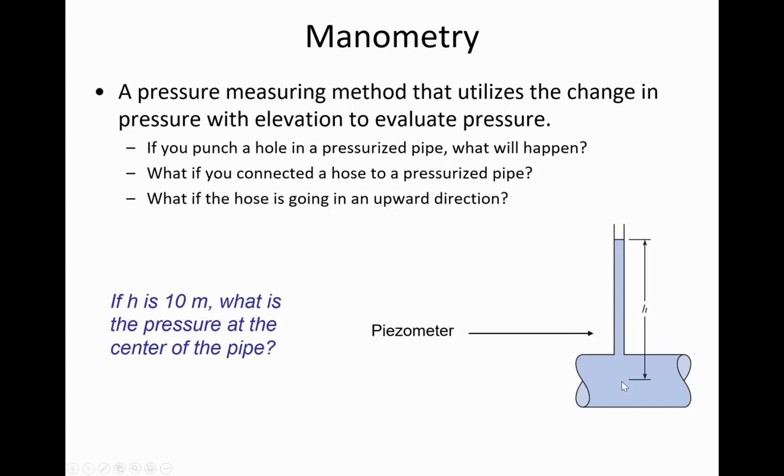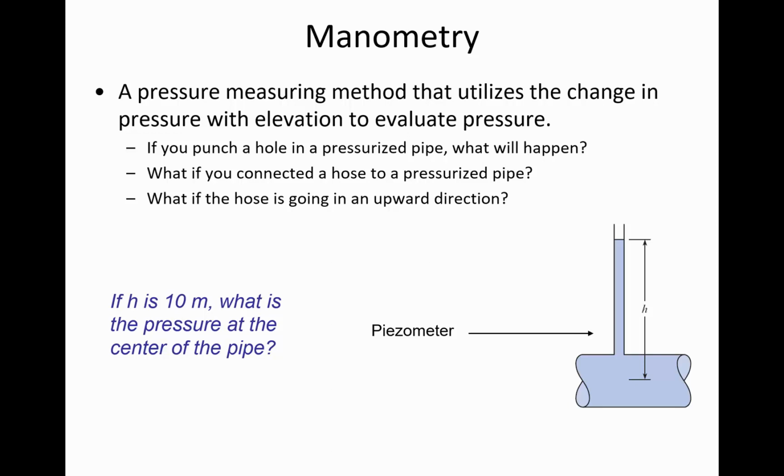Even if the water's flowing through this pipe and it's not static, conditions inside of the piezometer tube are static. And so the hydrostatic equation will apply for what's happening inside of this piezometer tube. So we can use the formula of delta P is delta H times gamma. And so if you have your calculator handy there, we can find out the pressure inside the center of the